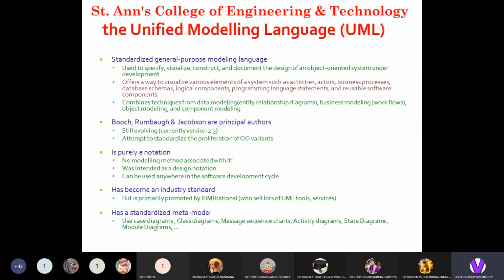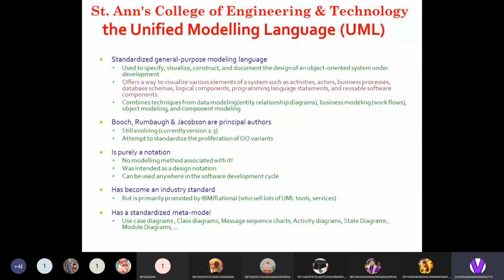So UML is a standardized general purpose modeling language. It is used to specify, construct, visualize, and document the design of the object-oriented system under development process. UML can visualize various elements of a system such as activities, actors, business process, database, logical schema, programming language statements, and reusable software components.